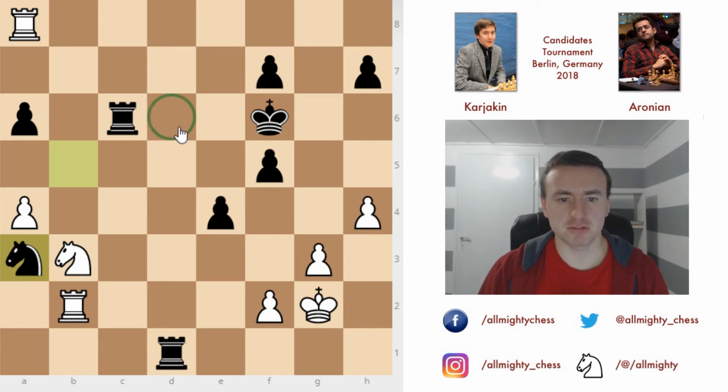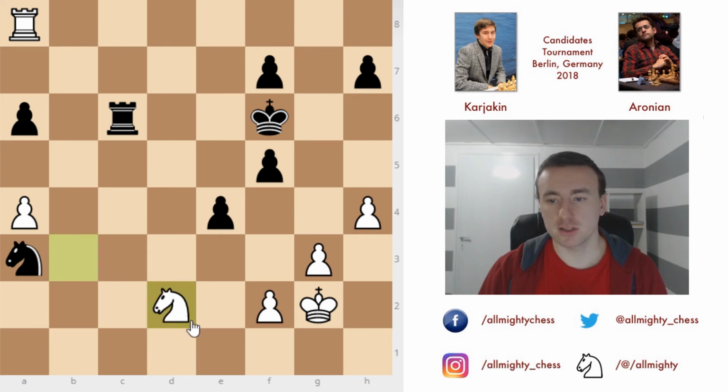Also knight to d6 was possible, but as I've said, the main point is to jump to c4, e5, and then f3 or d3. Here knight will be just an amazing piece. To actually improve his position, Karjakin offered the exchange of rooks, rook to d2, and knight to d2, and after